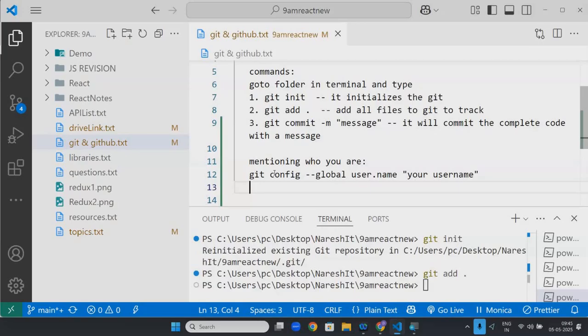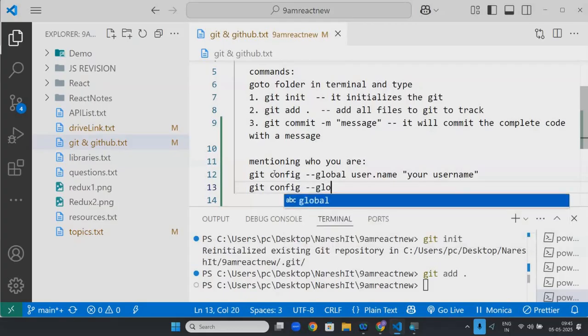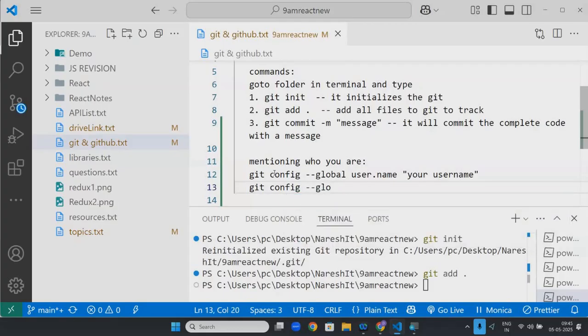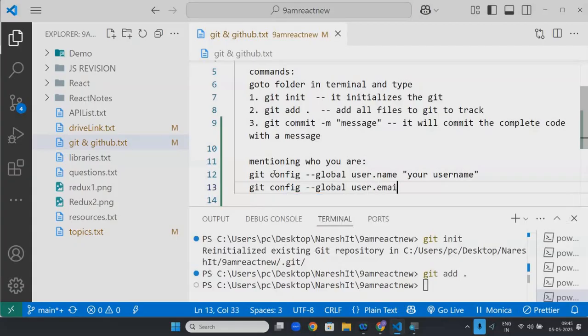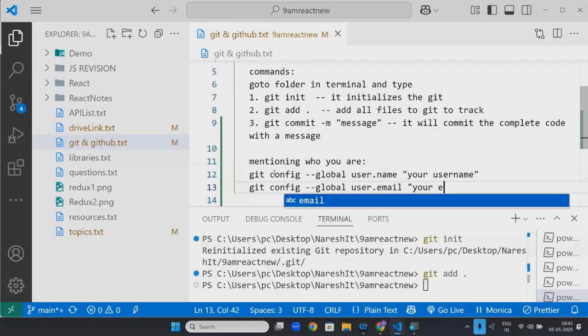Or if you want to give your email also, git space config space dash dash global user dot email. You will give your email ID.